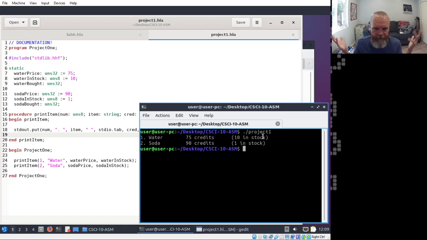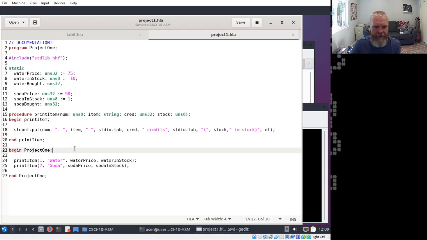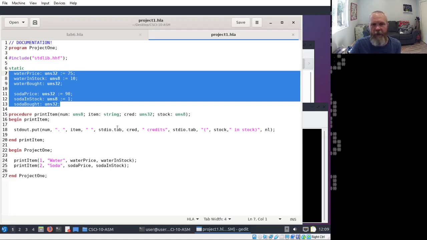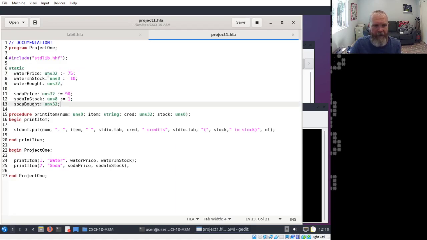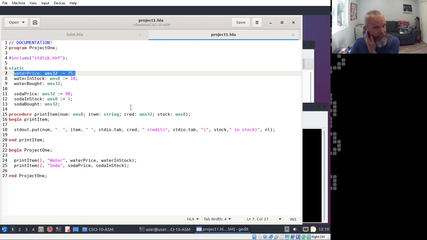So same output. I'm just checking to see that it still works and it still lines up, so that's all perfectly good. The point here was to get you thinking a little bit about your variables and where upsizing makes sense. So if you think that something is going to be involved in a multiplication on this project, I strongly recommend that you upsize those variables because you're going to be multiplying all the products that they bought and